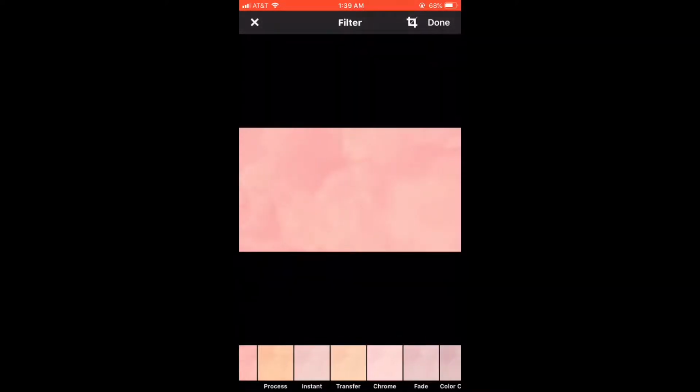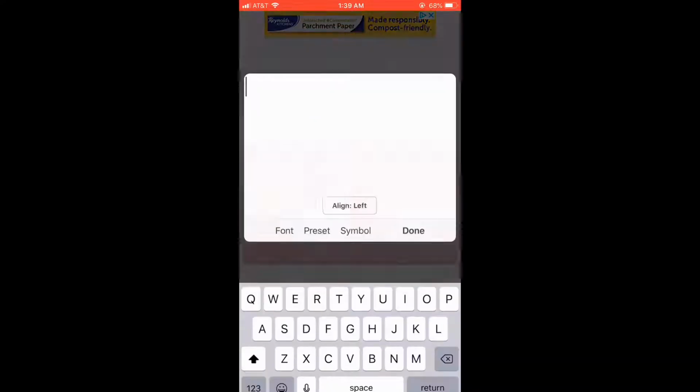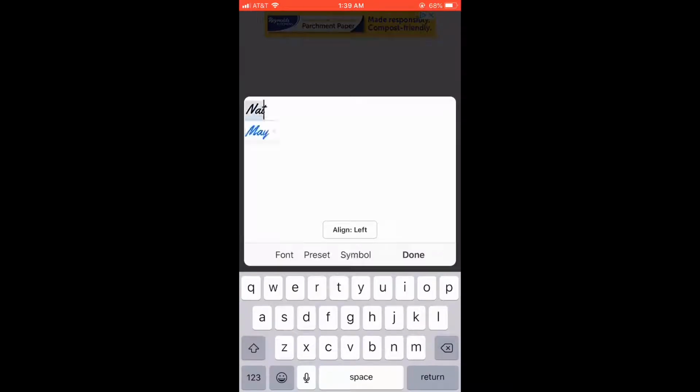And then it shows you different types of filters you can use. I'm going to use fade. Then you tap on the image and it says add text. You will type in your channel name,